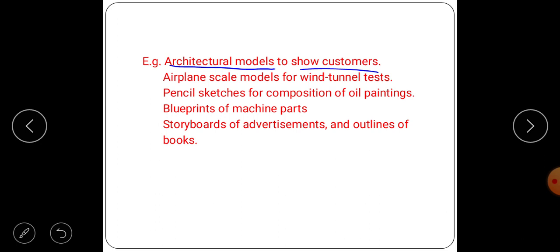Okay, storyboards of advertisements, and outlines of books. These are some of the examples of models. Okay,